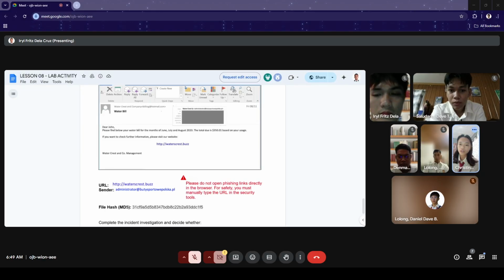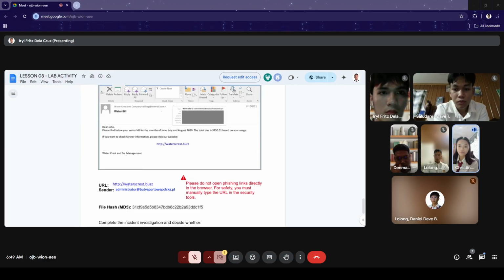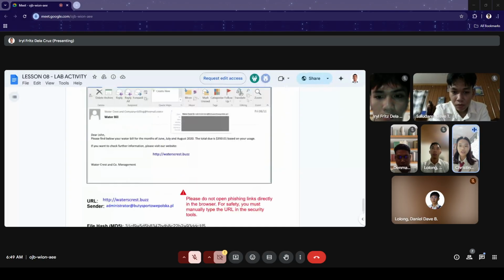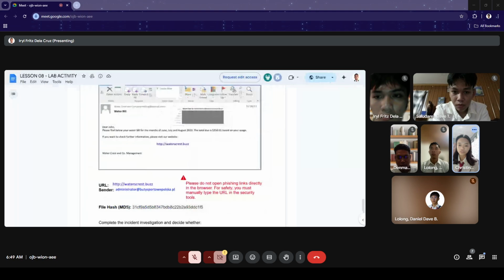We can also analyze suspicious URLs in a sandbox environment instead of opening them directly, to ensure the system can detect or block unknown malicious file hashes.